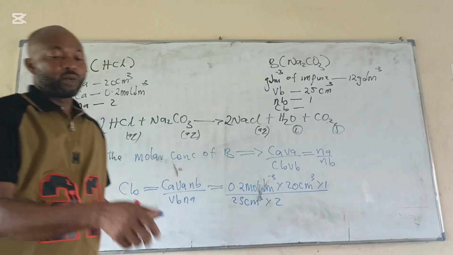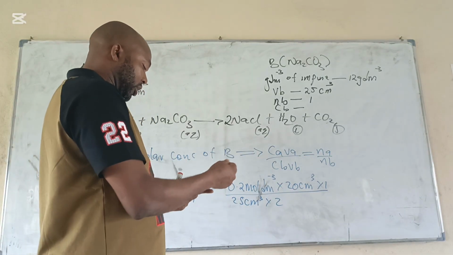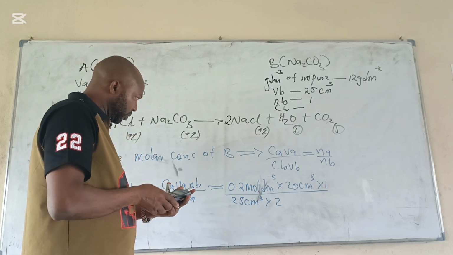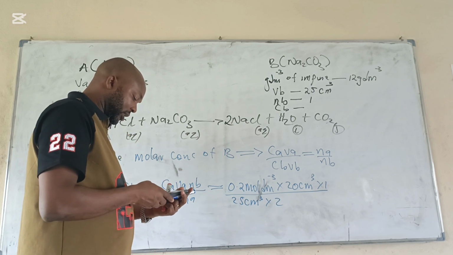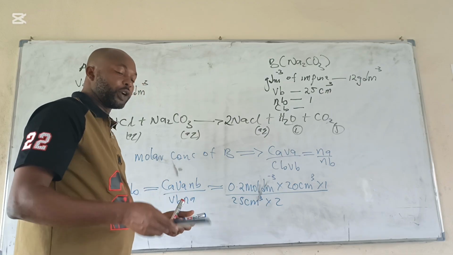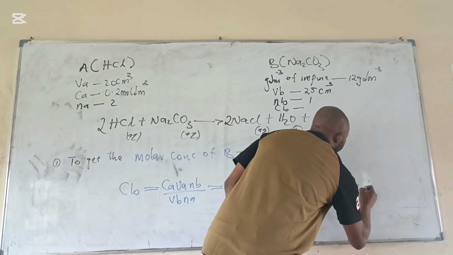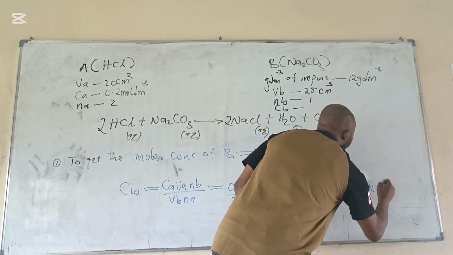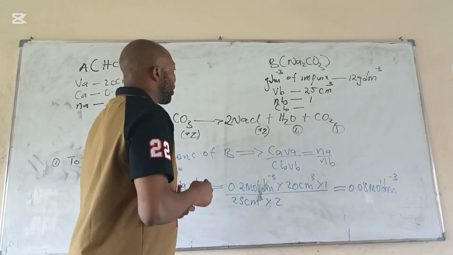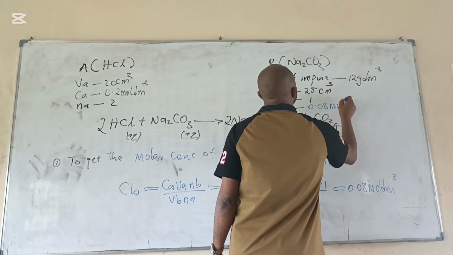So we check from our calculator here to see what we get. I have 0.2 times 20 divided by 50, 0.08. So our answer is 0.08 mole per dm³. Now, if this is our Cb, which is 0.08 mole per dm³,